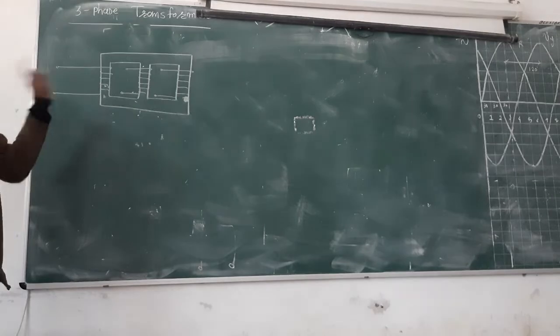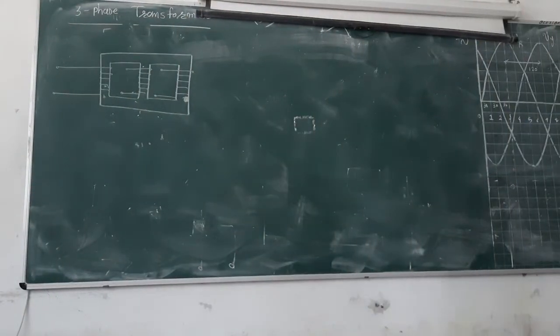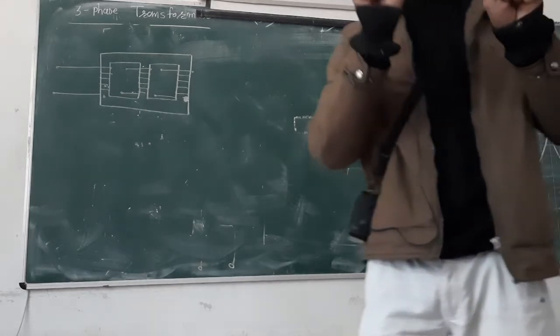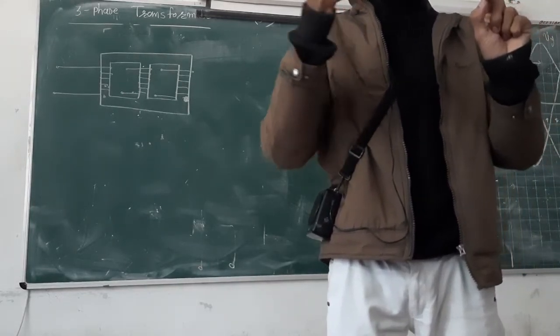This is called phase. Phase means a single coil, a single phase supply. That means there will be one coil. This is a single phase supply, because it comes out between the two terminals of this single coil. If three phase comes, then there will be three points. For one coil, you need two points, phase and neutral. If three phase is there, then you will need